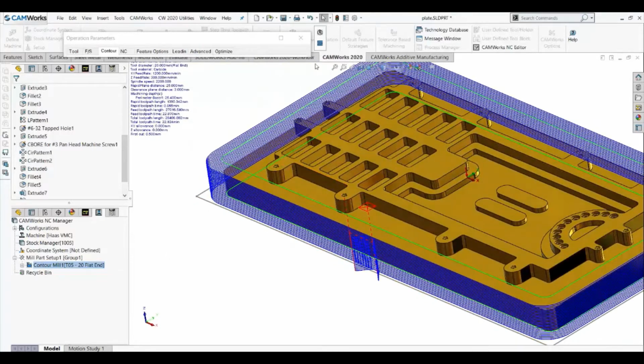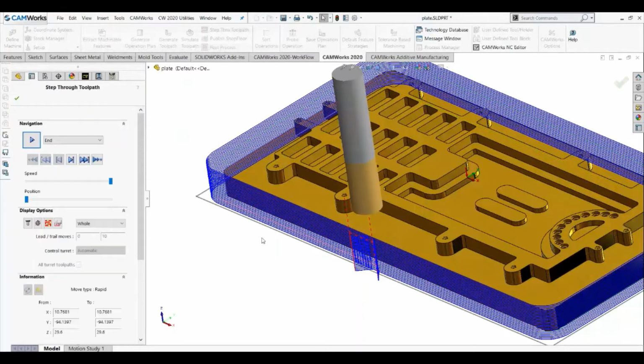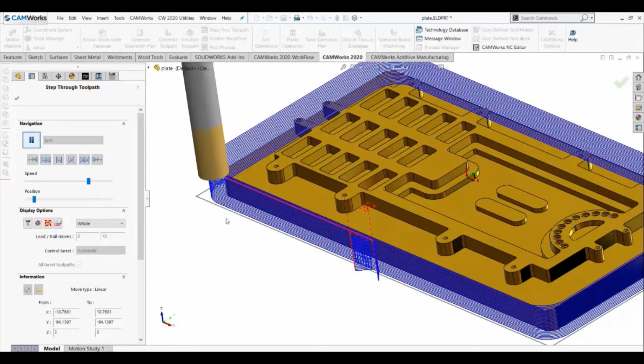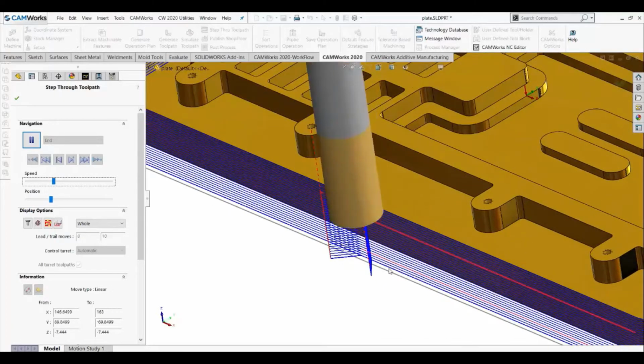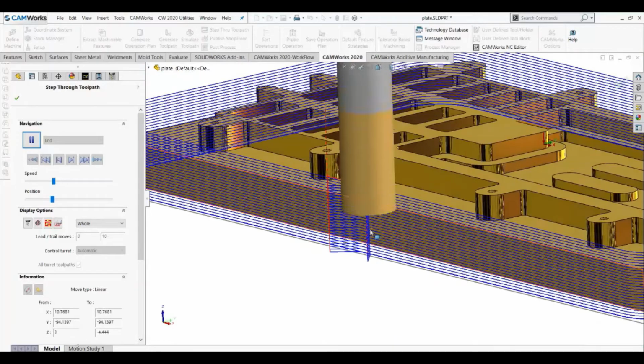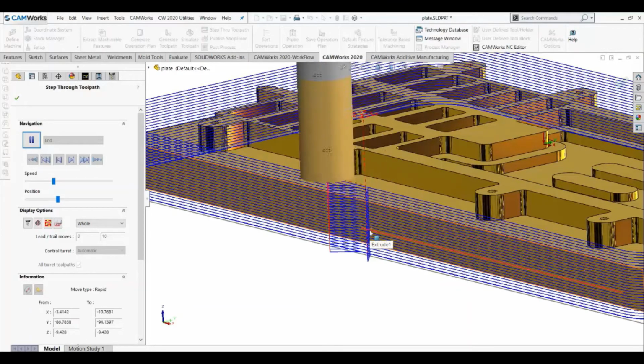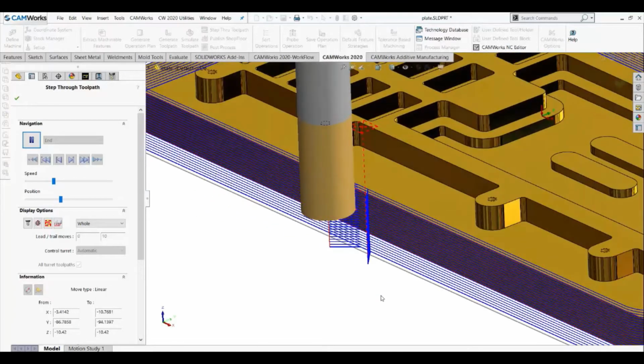Okay, so over here there is a backplot of the toolpath. That means you can see how your tool is actually going to work. You can control the speed over here, right? You can have a step-by-step simulation, or else you can have a play mode. So if I slow down the speed, you can see every time at this junction my tool is retracting from its original position, again coming back to the position and then starting the machining, right?